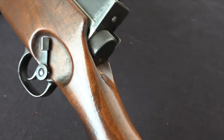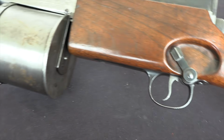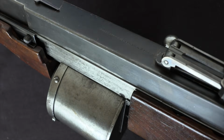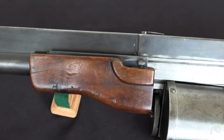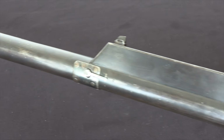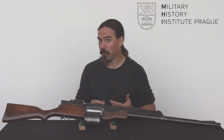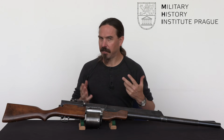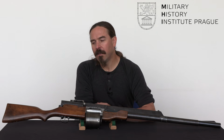His second gun was this, or was the first version of this. So in December of 1921, he presented his first rifle to the Czech military for consideration. It was semi-automatic only, fed from a 10-round drum magazine. When he presented it, they did some shooting testing with it. It fired 300 rounds, had a few issues, but seemed promising, but they wanted a select fire one. So he came back just a couple months later in February of 1922 with a select fire model. Now it had 10 and 20 round drums. It also seemed like it had some potential, and so the Czech military ordered 25 from him,